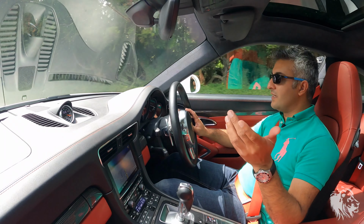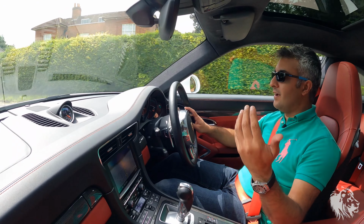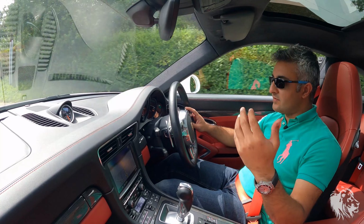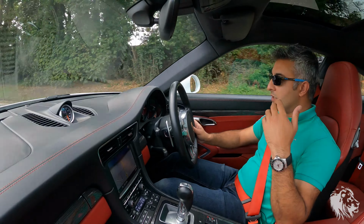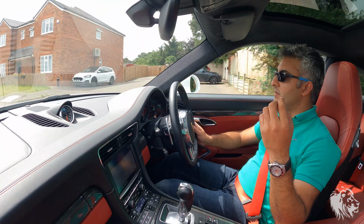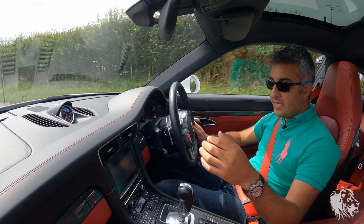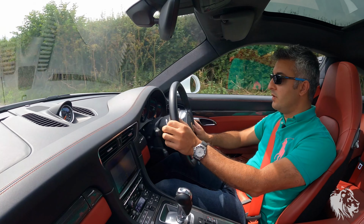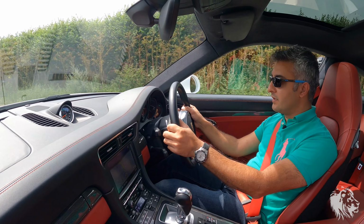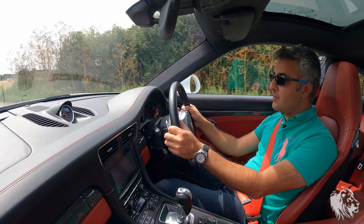But basically, this is, shock horror, an amazing everyday supercar. It's not a sports car, it's a supercar. I'm just going to come to a national speed limit section in a second. You can go from sort of 20 miles an hour. Actually, let me put it in manual, put it in second gear. Hopefully you can hear that exhaust burbling, but you can just literally, so I'm doing 30 miles an hour in